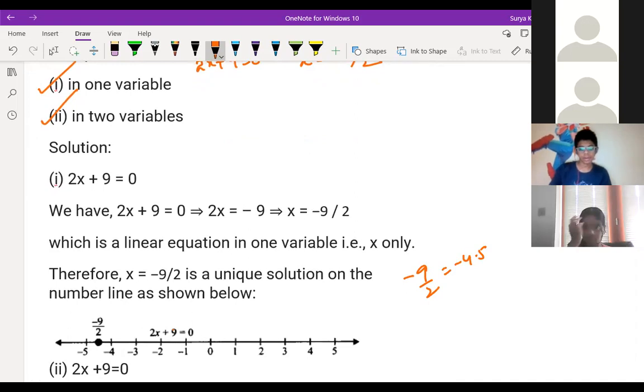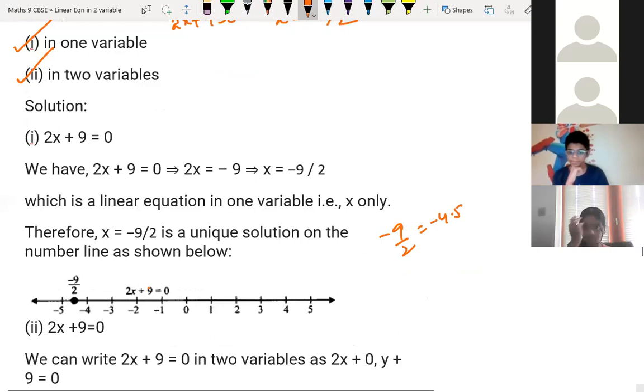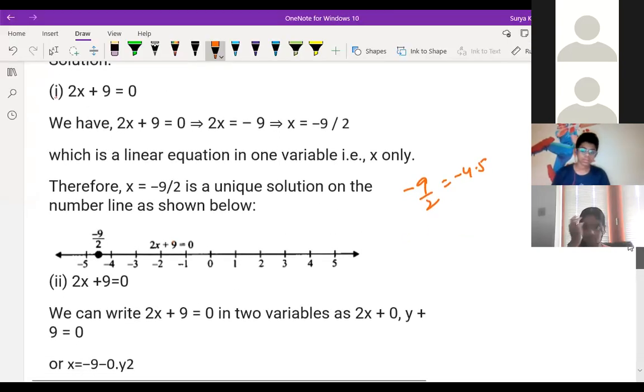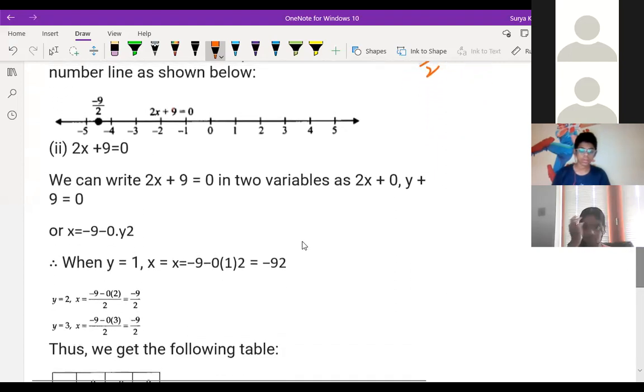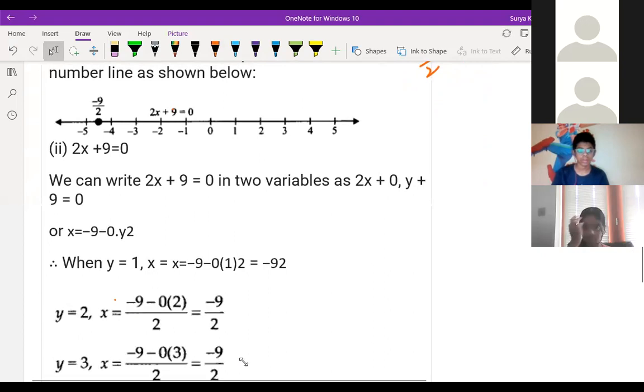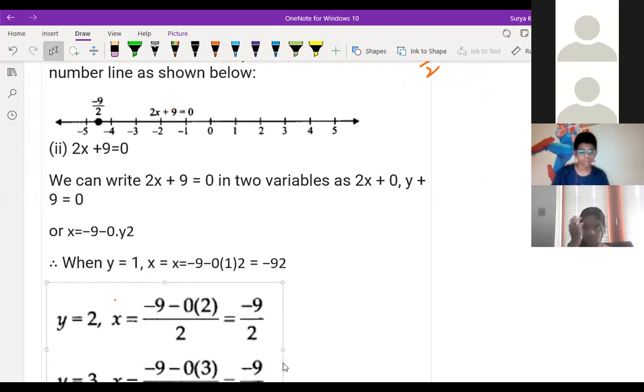So like this, we have to deal with this one variable and two variable. Same if you're talking about two variable, then see how to write. We can write it like 2x plus 9 is equal to 0y. Yeah. So 2x plus 0y is equal to minus 9 we can write. What will we write for this? 2x plus 0y is equal to what? -9, correct? Yes, sir. Sir, we can write it as 2x minus 9 is equal to 0y also, right?